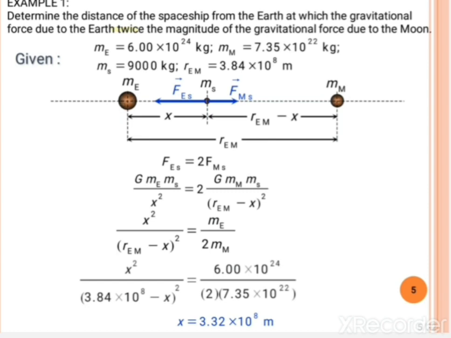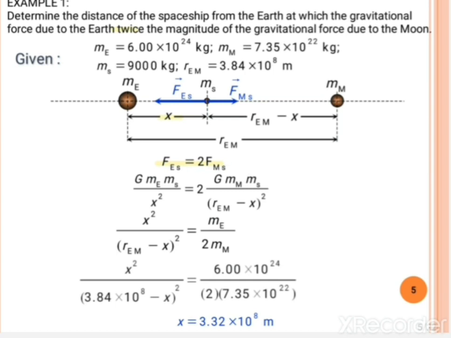Between Earth and Moon, we have a spaceship. The question asks the distance of the spaceship, which we symbolize as x. The distance between Earth and Moon is r Earth-Moon, so the remaining length between spaceship and Moon is r Earth-Moon minus x. The key phrase here is force due to the Earth is twice the magnitude of force due to the Moon. So force due to Earth on the spaceship is twice the force